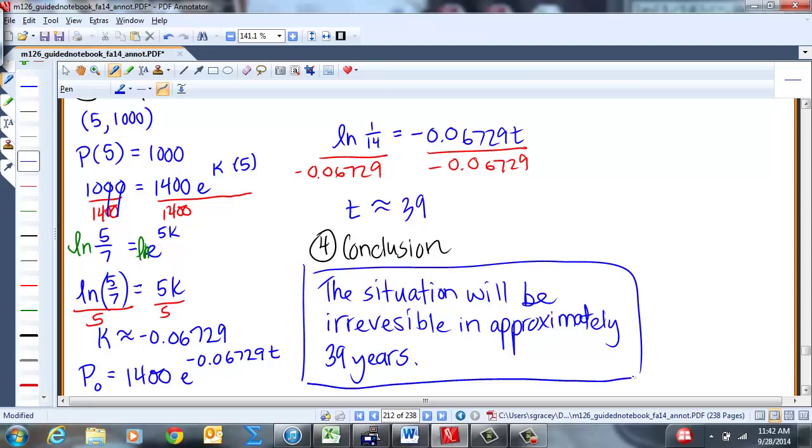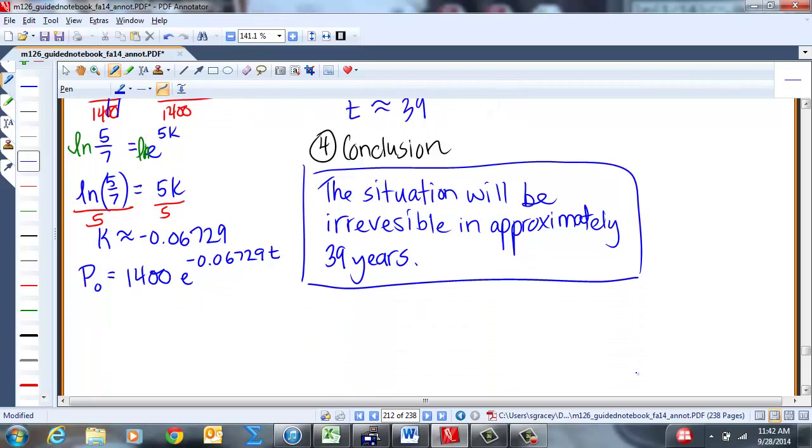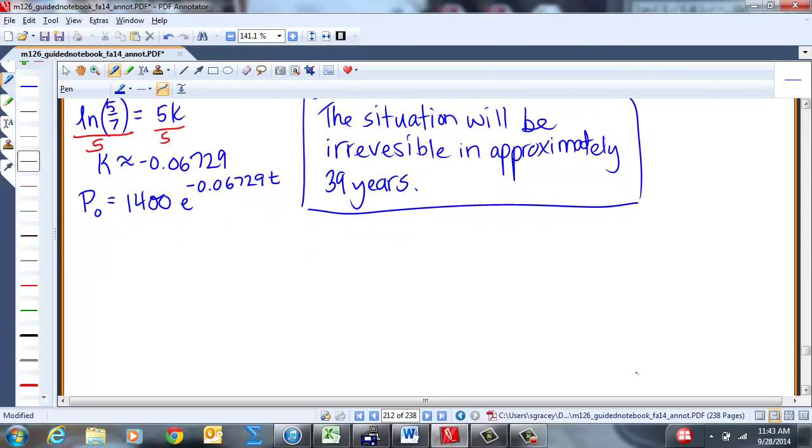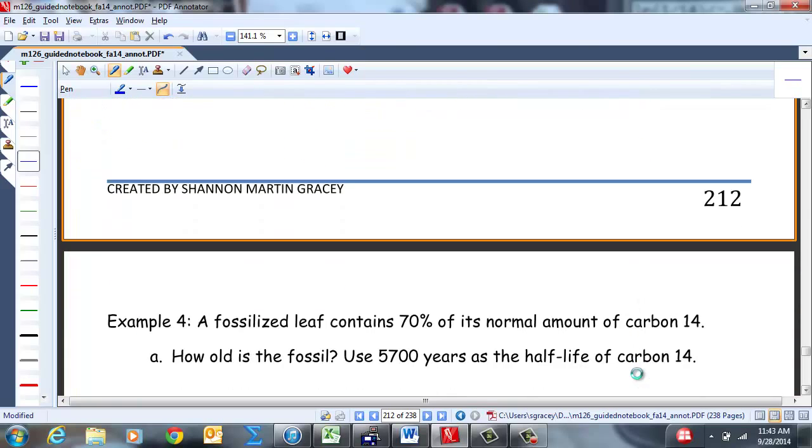Okay? See, it's not so bad if you just cut it up into steps. You have your first step where you figure out what your equation should be, your general equation. Then you need to recognize or find what your initial amount is, and then you need to find k, and then usually you have enough information to find the ultimate item you wanted to find out.